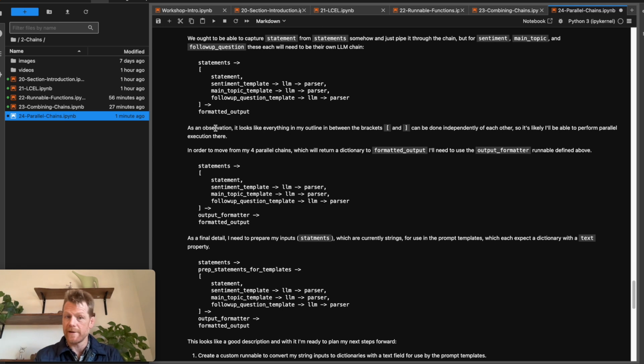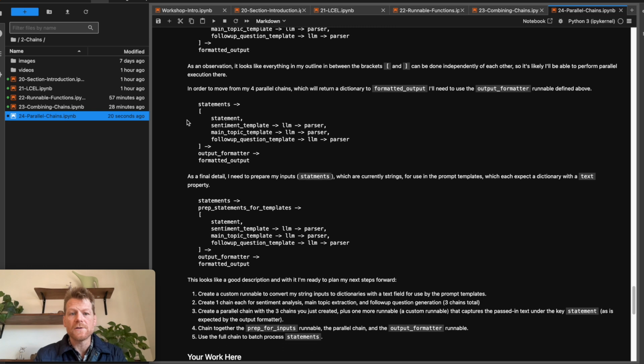Now, just as an observation, again, I'm pretending like I'm thinking through this the first time. It seems to me that everything in my outline between these brackets is independent of each other. I don't actually need the sentiment analysis to do the main topic generation, or to do the follow-up question generation. So I'm thinking to myself that likely I'm going to be able to do all of these steps in parallel. Okay, so in order to move from my 4 parallel chains, which is going to return a dictionary,